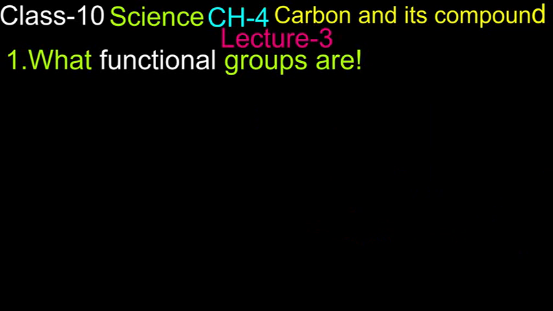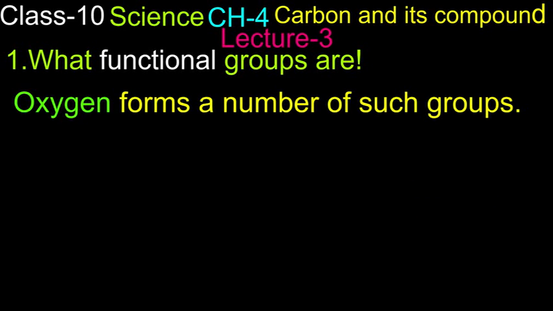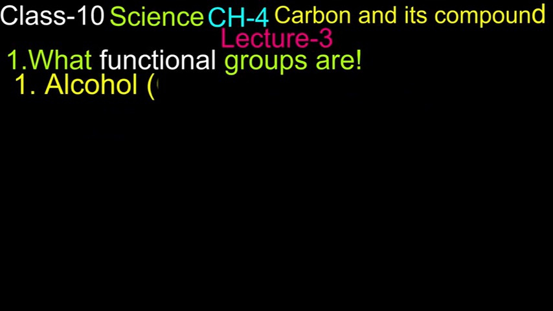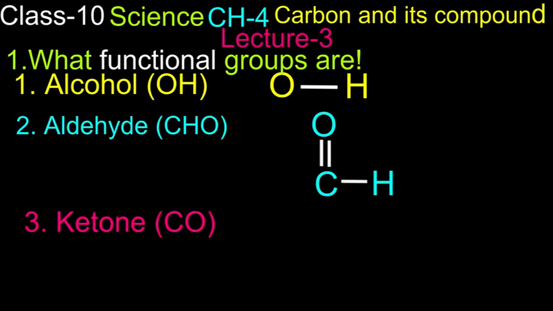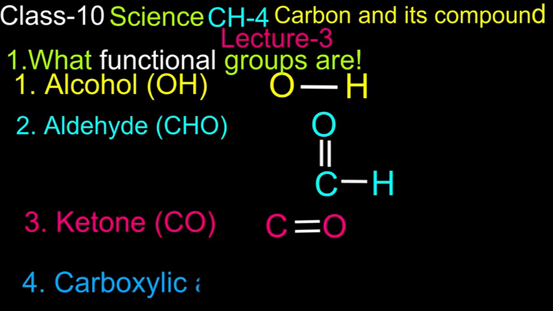Have a look at some of such groups. Oxygen forms a number of such groups. These are number 1, alcohol, and formula is OH. Number 2, aldehyde, and formula is CHO. Next is ketone, formula is CO. And next, carboxylic acid, formula is